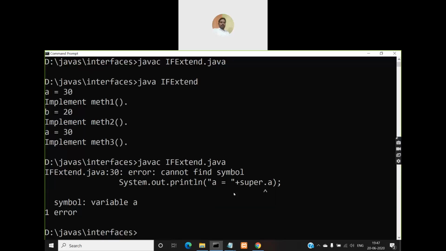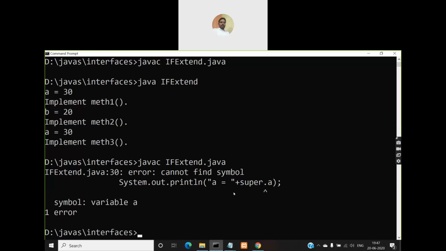So what you need to do when you are extending interfaces: when you extend classes, if a subclass has an instance variable similar to that of a superclass, we use the super keyword to access the superclass version of that instance variable, right? But we cannot do that here with interfaces, because interfaces do not actually have instance variables, they are ordinary variables, and we cannot use the super keyword to access the hidden member a whose value is 10, right?